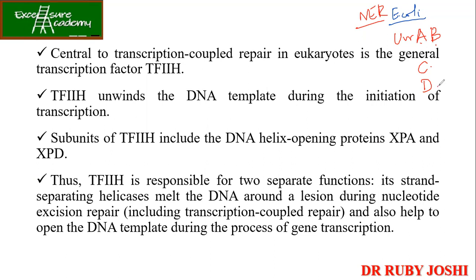Ma'am, UVRA and UVRB detect that distortion. A does the detection of the distortion. Yes, ma'am. And UVRC makes the nick. UVRD, ma'am, maybe some helicase, which separates the single stranded DNA from the rest of the DNA. D क्या करता है? Melt करता है. Okay. Melt. Good. So this was in the case of the E. coli. Similarly, we have XPC,